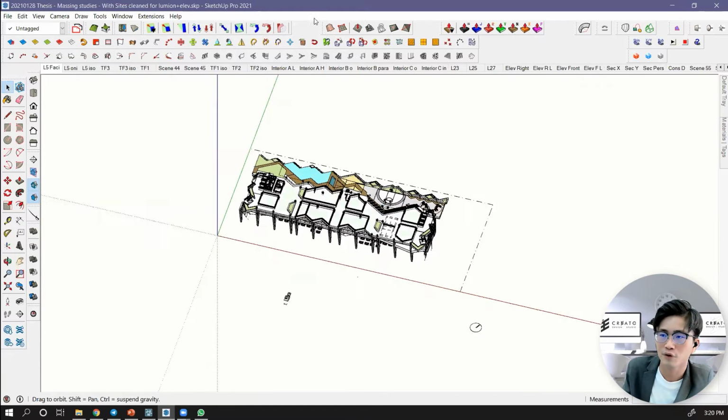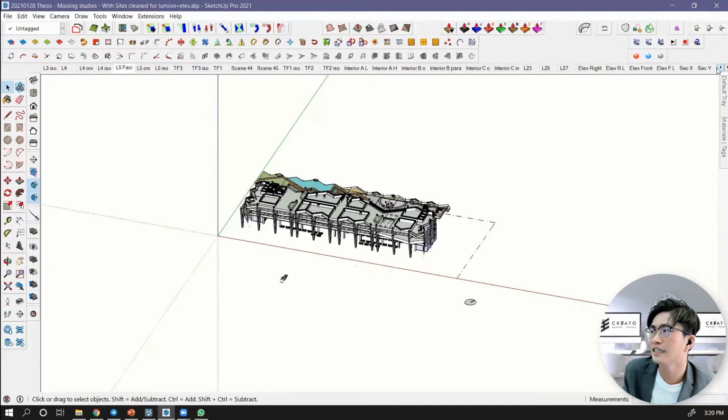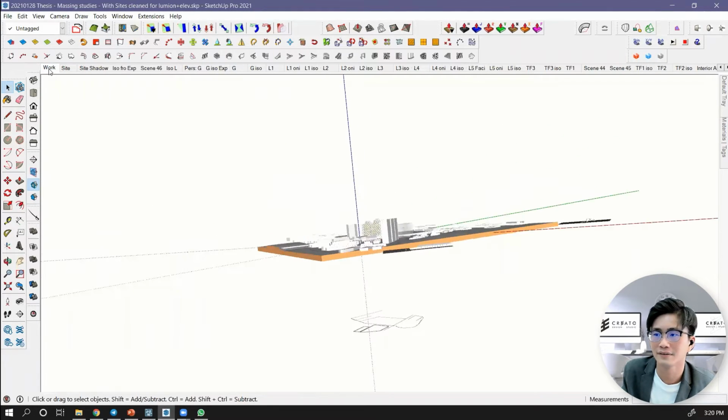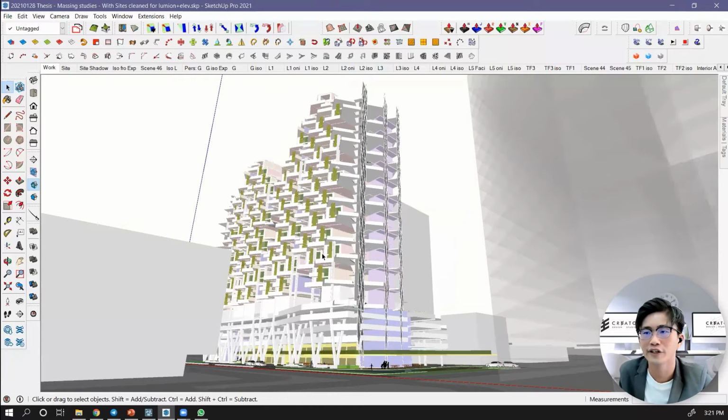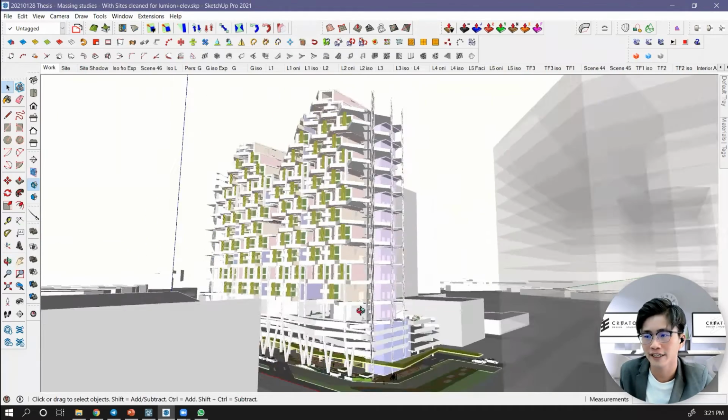So let's have a go through this project first. This is not perfect, but I think many things you can learn from this job that I've done before. Here is the scene tab, S-C-E-N-E. There are so many scenes. I can start from the work scene. This is my working scene, which shows almost all the things overall.